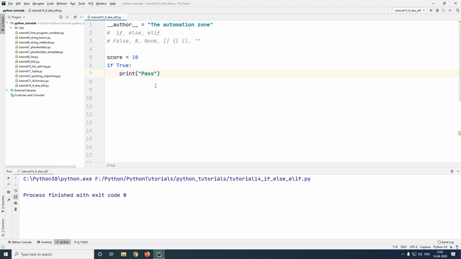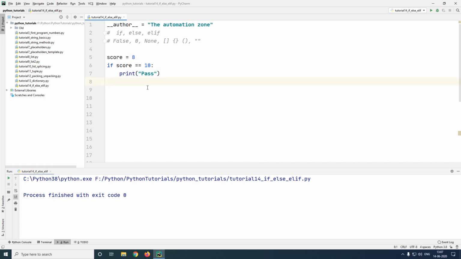Now to do this, you can use a logical operator to compare if two values are equal. That is done by using the double equal to sign. So the two values which you wish to compare should be put on either side of this operator. So here I want to verify if the variable score is equal to the value 10. If this particular condition holds true, then it will print out pass. If you see the output, I get the value pass. If I have any other value, for example, if the student has scored 8 marks in his exam, the output would not be anything at all because this piece of code is not executed.